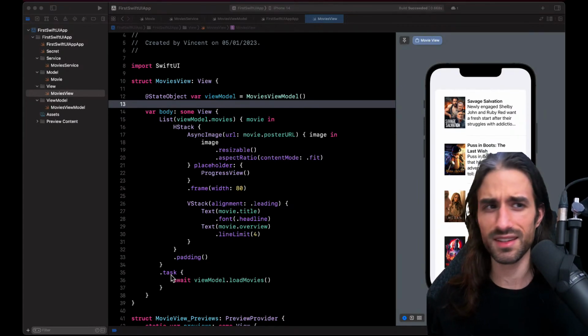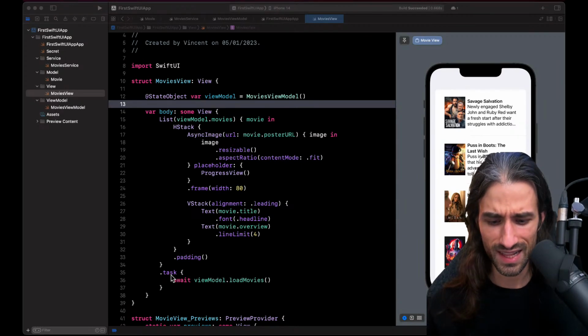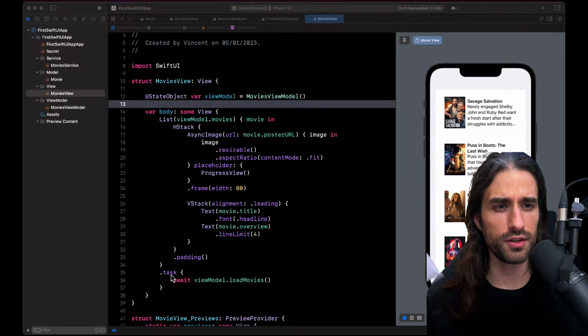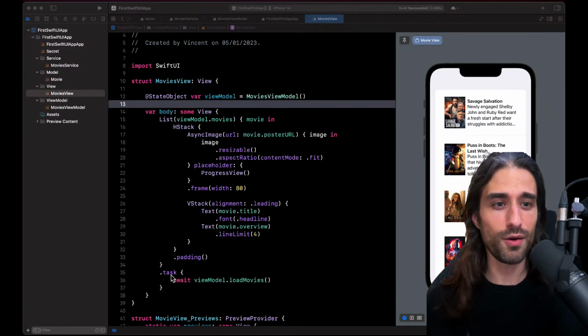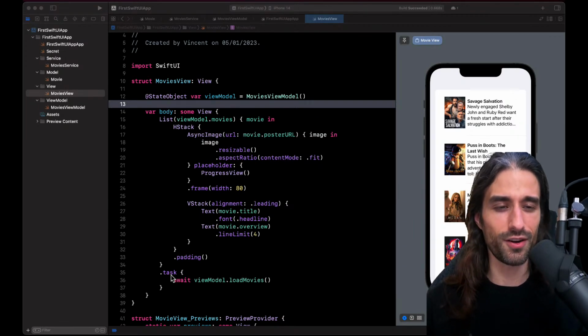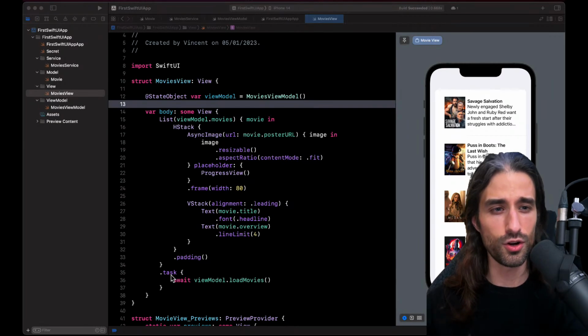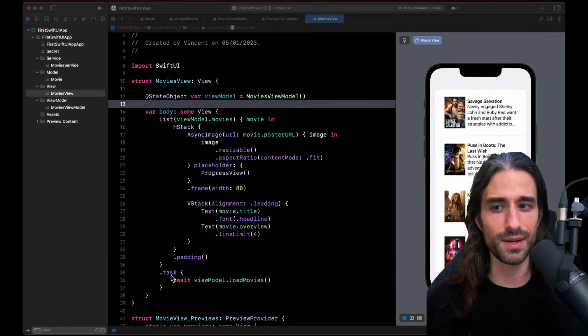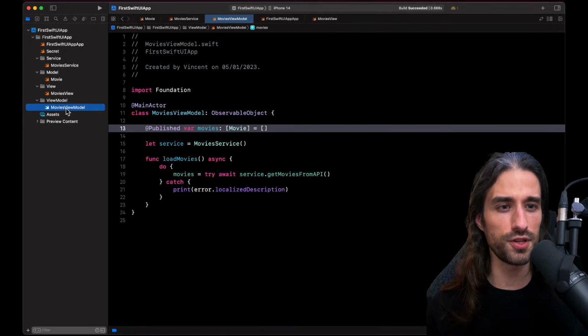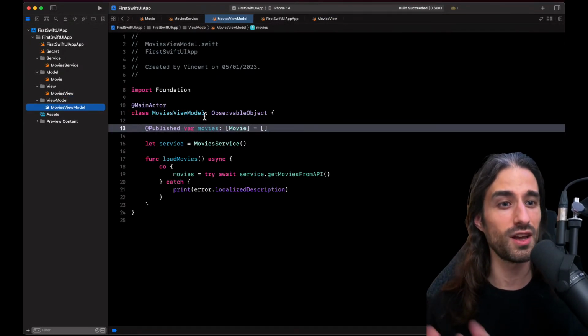Okay, I'm looking at the paper with everything. So observable object done, add published done, async method done, state enum. We want to have a state for our view. Our view already has some state, which is the array of movies, but we want to have an explicit state to say whether the data is loading, whether there's been an error, or whether it has loaded and data is available. And this is where our view model will shine, because for now I have just moved some code away from the view to the view model.